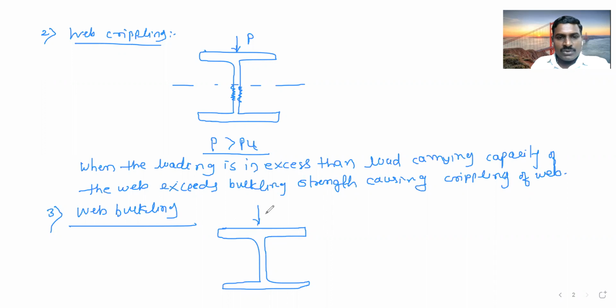So now this is the load coming on the member, and this is the reaction. For this load, this much reaction will be there. So when your buckling will be there, this is the buckling. When P is equal to R, then buckling will be there. It means whatever applied load on the member and the reaction of the member, if it is the same, then buckling will be there.